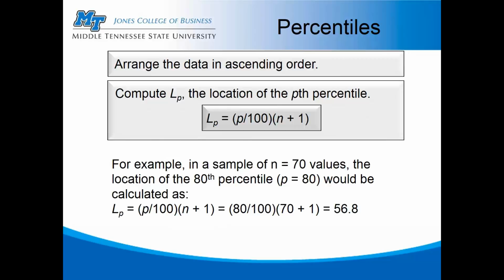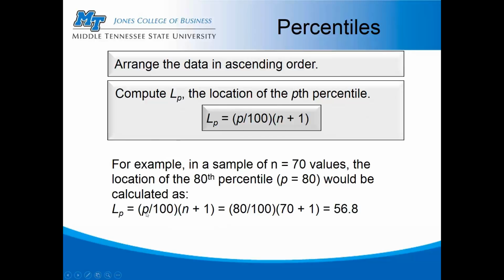75% of the data is less than or equal to the third quartile. And what this formula does is it calculates the position, the location of a particular percentile. You take n plus 1, divide it by 100, and then multiply it times the percentile that you want. Now there's a slide in here that calculates the 80th percentile. So if you want to do this, when you plug it into the formula, you're going to plug in 80